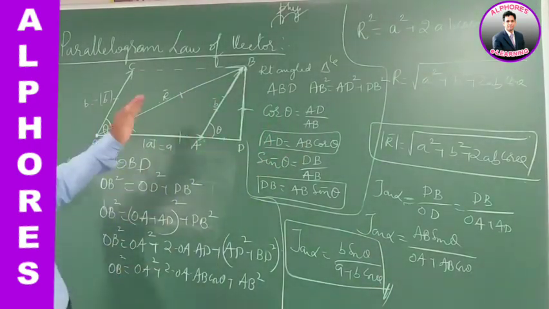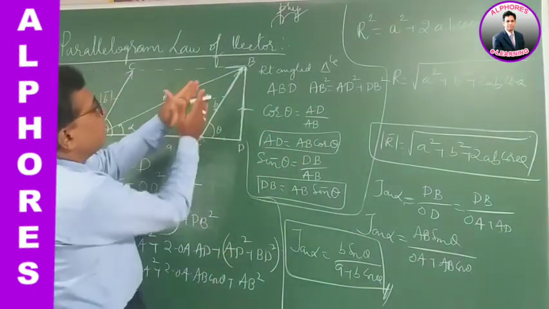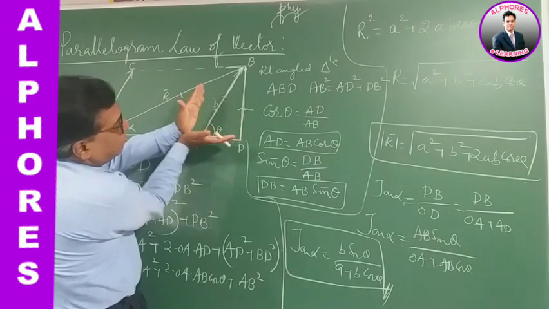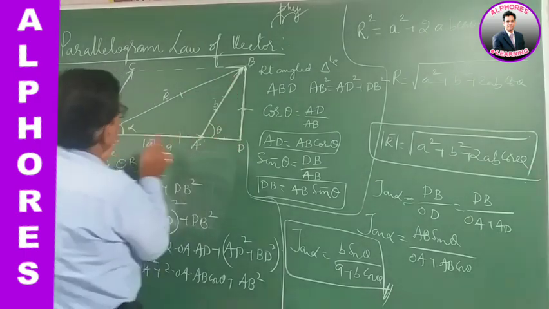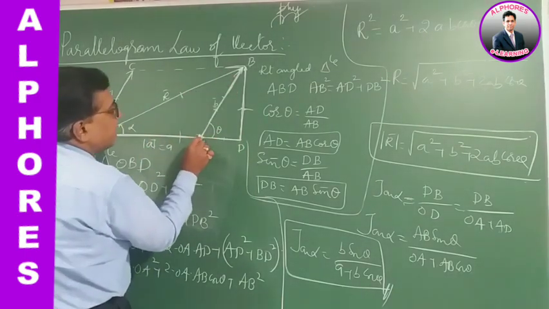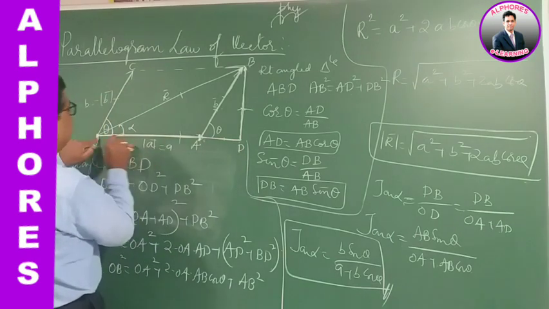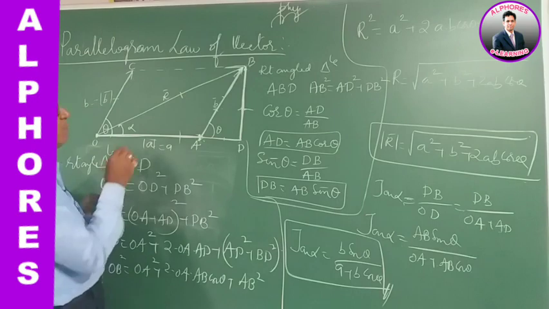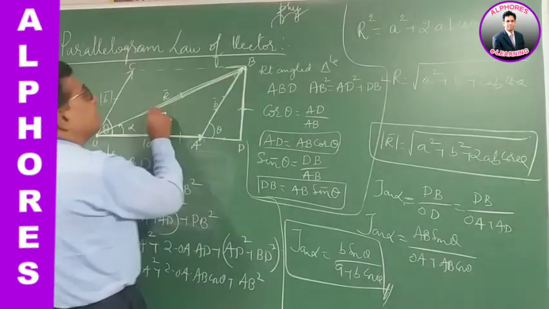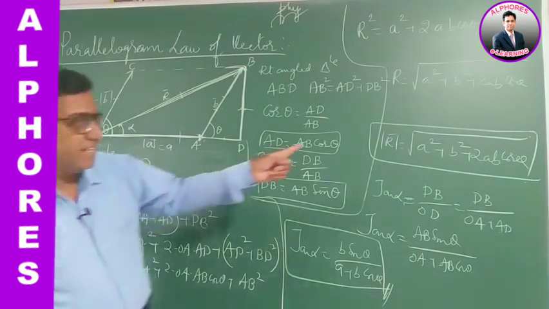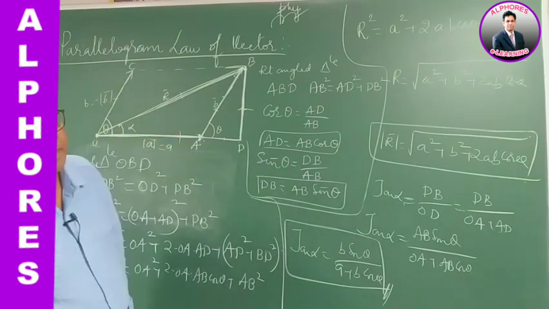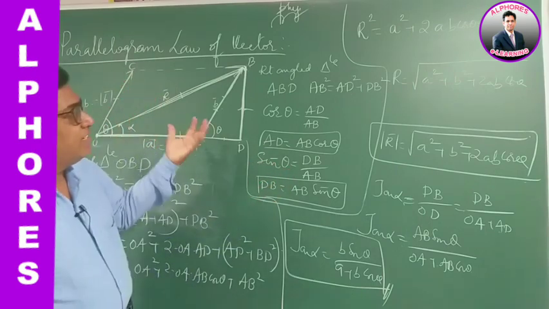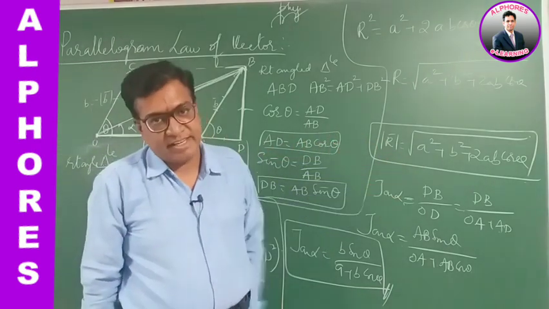So this is the method by resolution. I am splitting this vector into components, B cos theta, B sin theta. The adjacent component is B cos theta, this is B sin theta. So this vector is A and this is B. So total it is A plus B cos theta. And this is B sin theta. Therefore applying Pythagoras theorem in the right angle triangle, I get the resultant as root of A square plus B square plus 2AB cos theta. So this way, from the parallelogram law of vectors, we can derive the formula for the magnitude and direction.